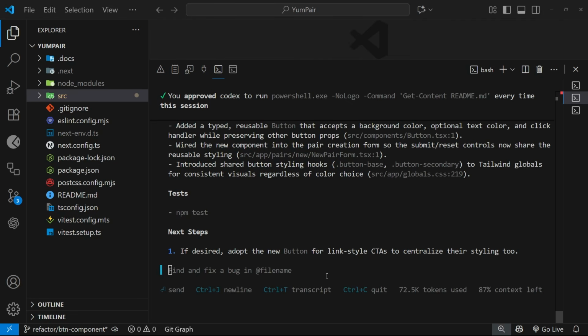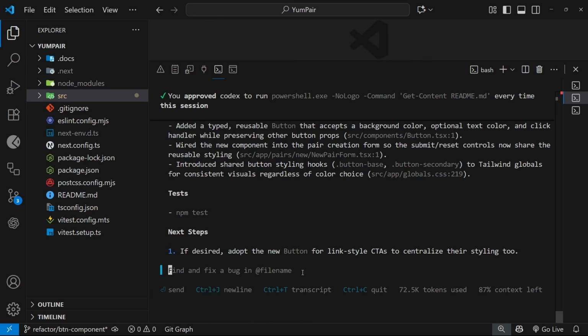Okay, so just very quickly, I also want to show you how to manually add context to the CLI tool by referencing files for it to look at. Now, by default, Codex can automatically scan your code base and read all the files, but by manually adding the file to the context, you're giving Codex a big hint about where the work should be done, and it keeps it more focused and on track, I think. For example, if I needed some code changes and I knew those changes needed to be on the home page,